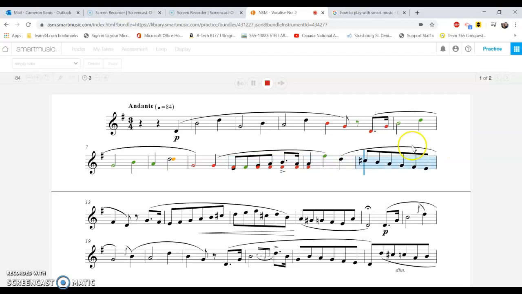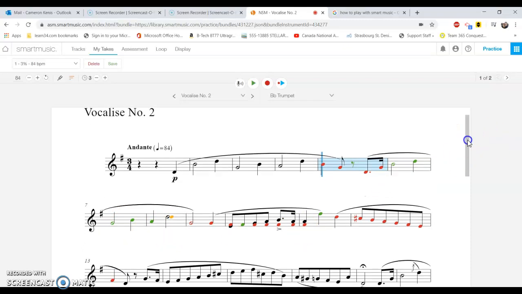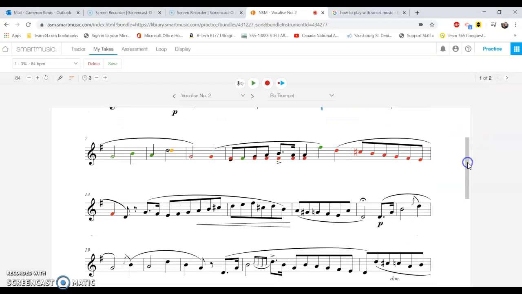So right there, it told me that I was playing the wrong notes. It shows up as wrong when it's in red, and it shows up as green when it's more or less accurate. Okay? So what's really cool is if you're not sure you're playing the right notes, it tells you,